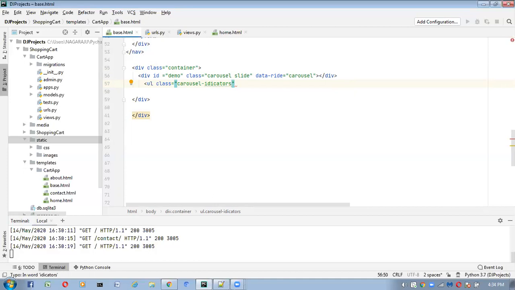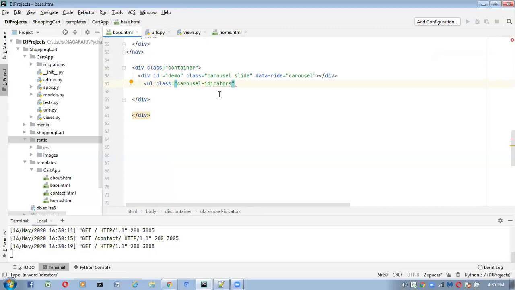Actually, below the slideshow, we will get some dot kind of things. Because of these indicators only, we will get those dots. These indicators are the little dots at the bottom of each slide. What will these dots do? They indicate how many slides are there in the carousel in total, and which slide the user is currently viewing. This indicator will tell that.